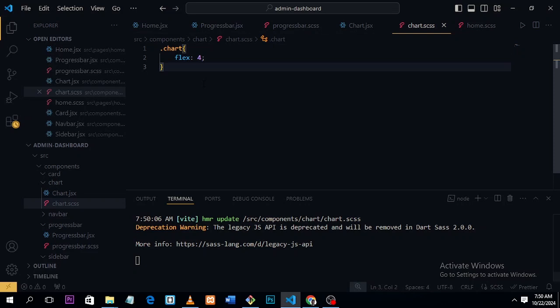So we will now go to, because we want to have that box styling also on this component, so we go to our